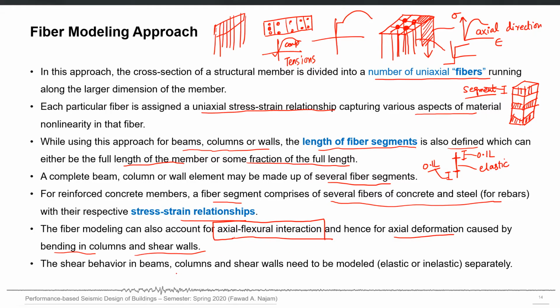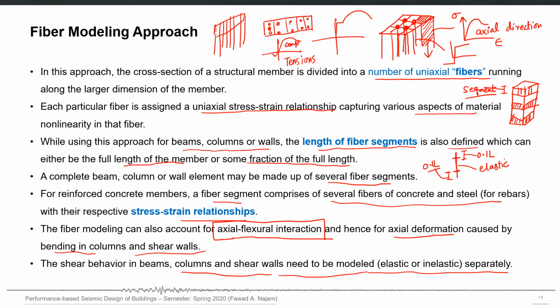The shear behavior in beams, columns, and shear walls needs to be modeled separately. A fiber model cannot handle shear behavior. If you want to model that behavior explicitly, you should go for some other approach, for example, assign a shear hinge or a shear spring, and that can be elastic or inelastic.